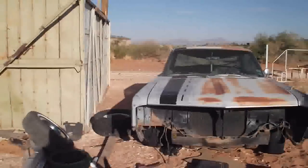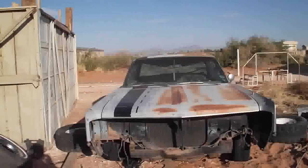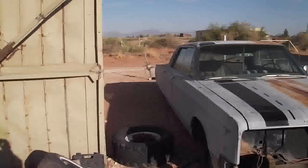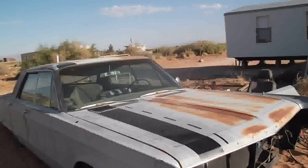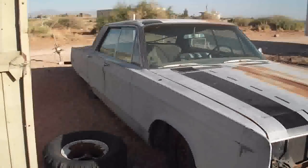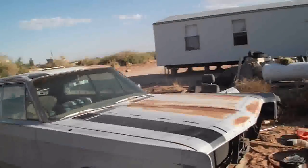I don't know if you guys remember a while back, I did a video about this car, 1967 Newport Chrysler. Pretty badass car. My uncle dropped it out back like 4 inches, and from factory this car has some things where you can adjust the height of the car just by turning a screw, so you can drop it all the way low or make it higher or whatever. So the only reason this car had been parked,